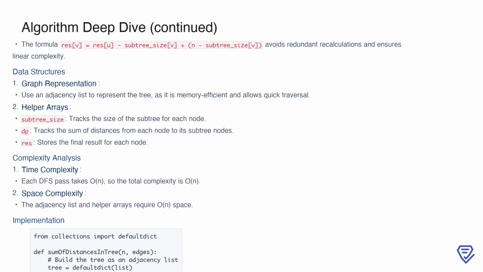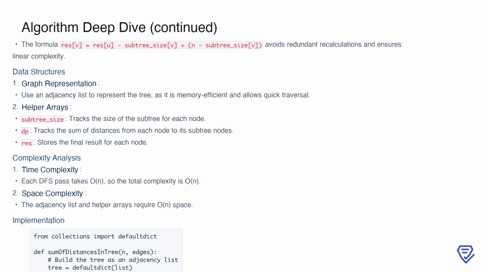To implement this algorithm, we use a few essential data structures. First, we represent the tree as an adjacency list, which is both memory efficient and well suited for quick traversal. Then we maintain three helper arrays. The subtree_size array tracks the size of each node's subtree, dp stores the sum of distances from a node to all nodes within its subtree, and res holds the final